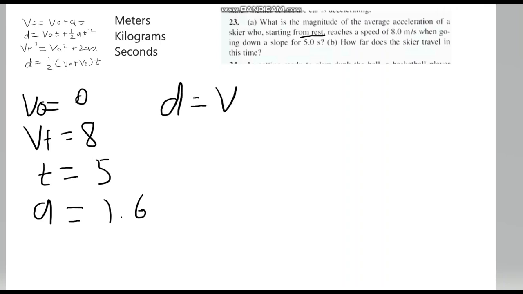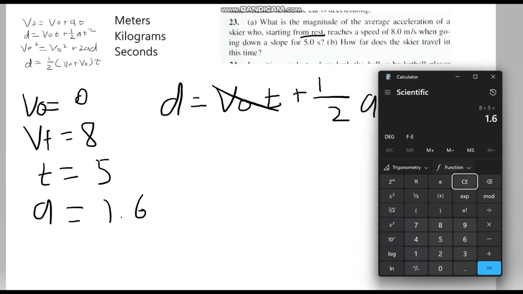Here's the second one. Distance is equal to velocity initial times time plus 1/2 acceleration times time squared. And you know velocity initial is 0. Boom, cross it out. How far does the skier travel? You already have acceleration, and you already have time. Just plug it in the calculator. 0.5 times 1.6 times